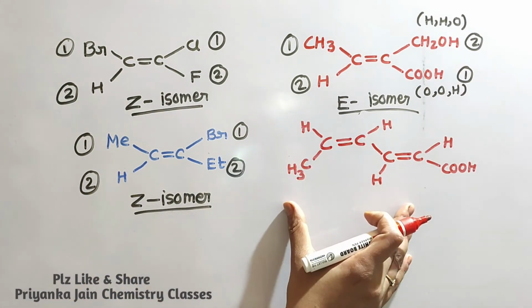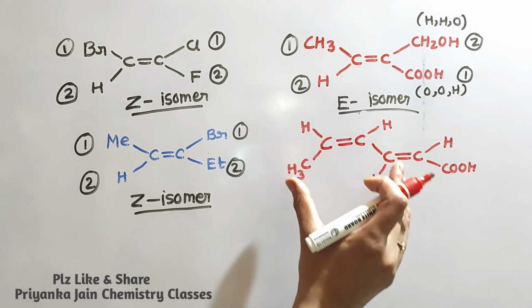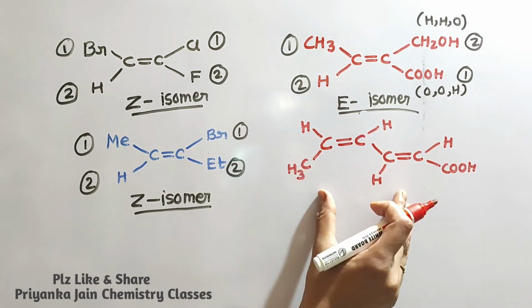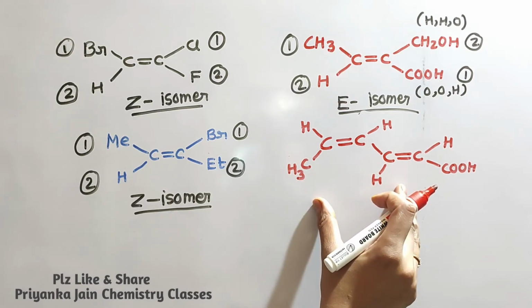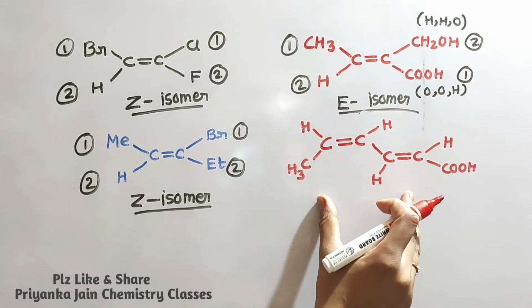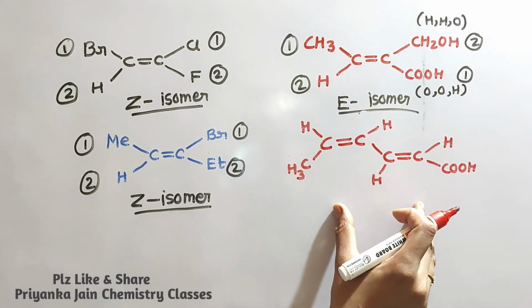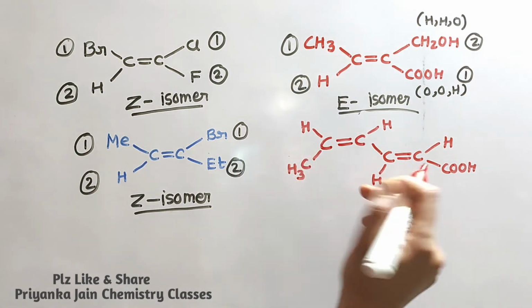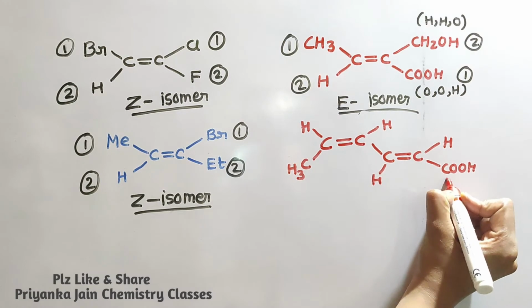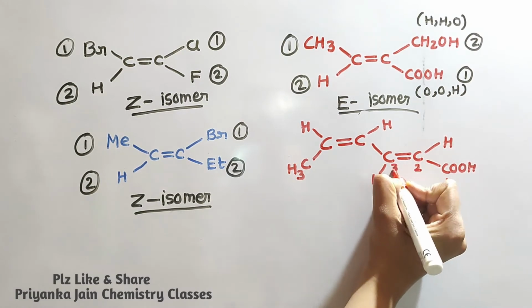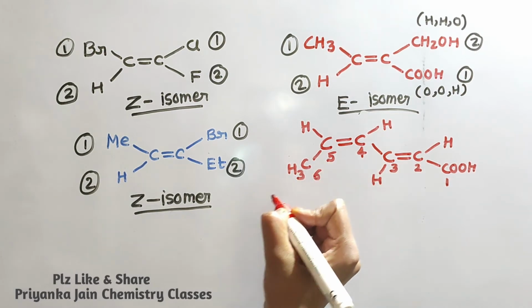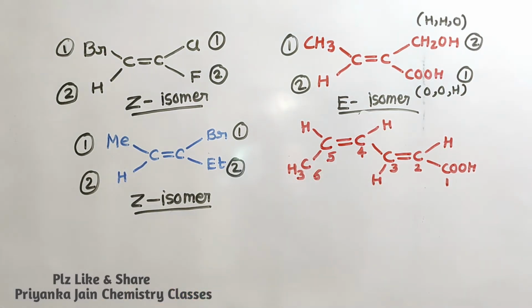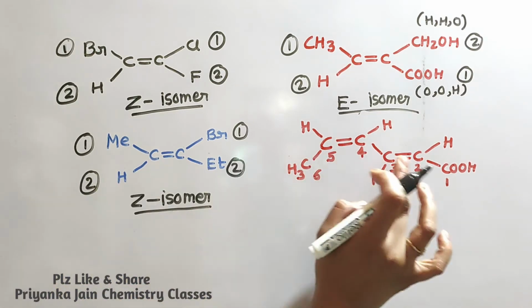Now see the case whenever we are given a molecule in which more than one double bond is present, and we have to give the name in such types of compounds. So what you have to do, firstly you have to select the longest chain containing the maximum number of double bonds. It means we have to start from here, 1, 2, 3, 4, 5 and 6. It means this is a 6-membered chain. Now you have to see the stereochemistry at both the double bonds.